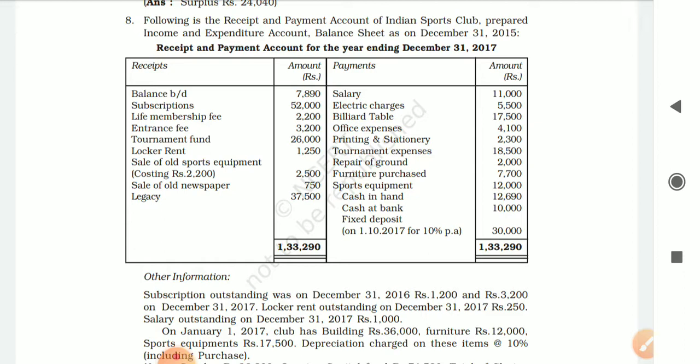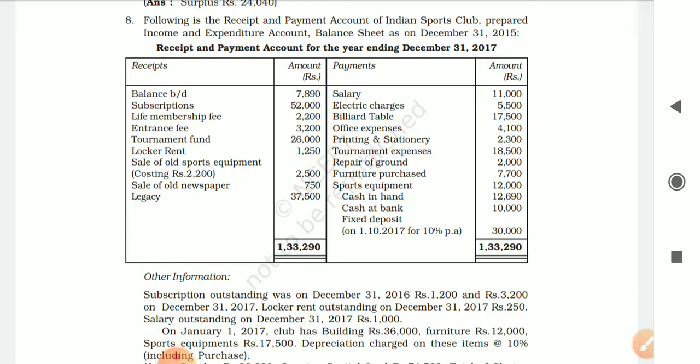You have balance brought down. Subscription, life membership fee, entrance fee, tournament fund, locker rent, sale of old sports equipment costing 2200, sold for 2500. So it is sold for a profit of 300 rupees. Old newspaper sold, legacy. Then on the payment side you have salary, electrical charges, billiards table, office expense, printing and